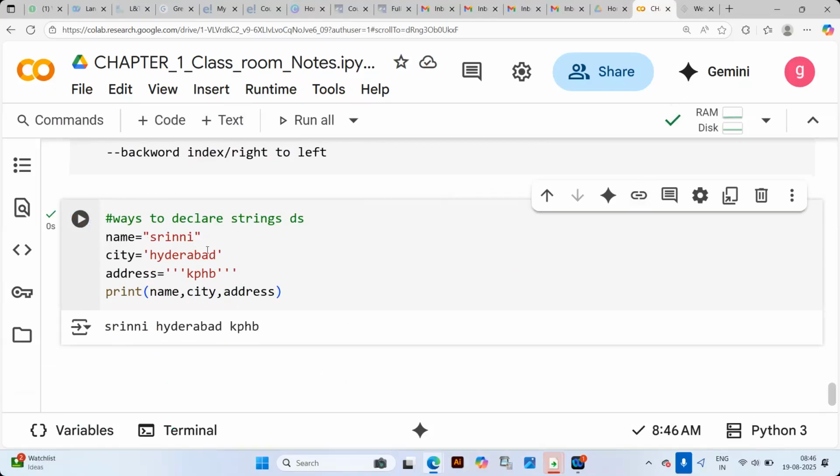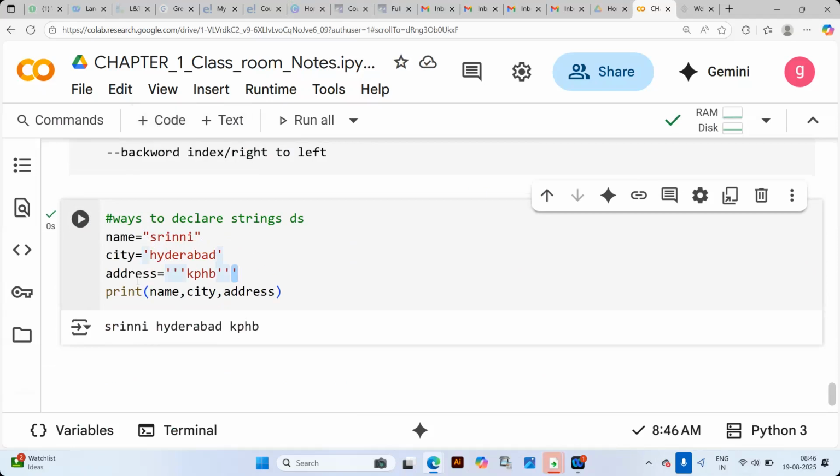So there are three ways to declare strings. But in C, C++, and Java, only the double quotation is allowed. These other two are a new way of representation in Python.